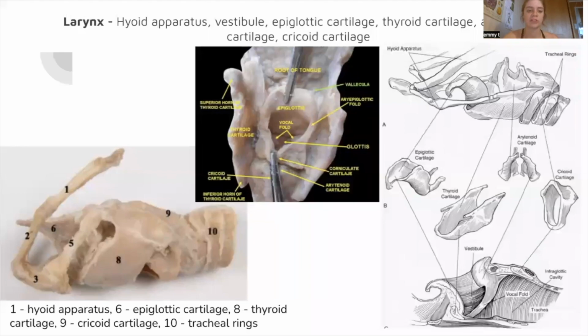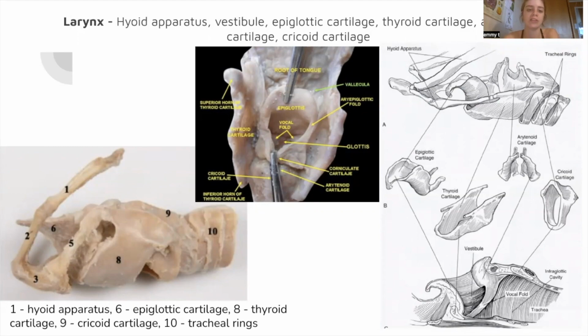Next, we have the larynx, which contains the hyoid apparatus, which suspends the tongue and larynx, holds the larynx in place, and also supports the tongue and pharynx from the skull. And it's attached by the synchondrosis joint to the temporal bone of the skull. The vestibule is a laryngeal space and is separated from the infraglottic cavity by the vocal cord and